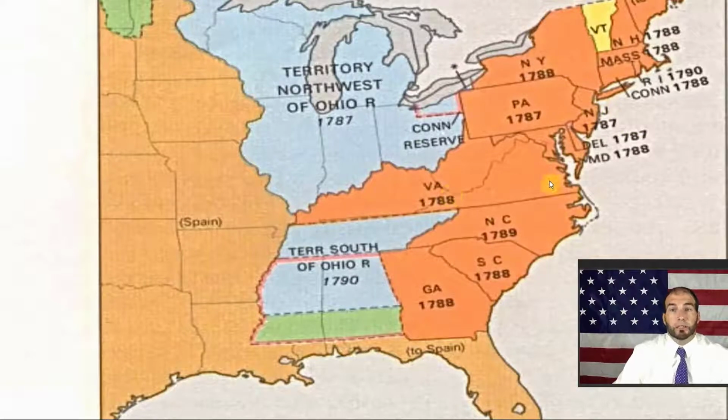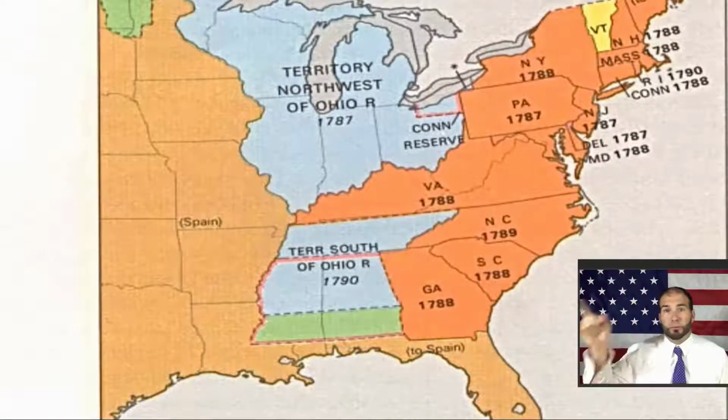So the New Jersey plan is the idea that all states are equal. Virginia plan is the idea that the bigger the state, the more representatives you can have. Their compromise on this is called the Great Compromise. There's like 5 compromises in the early part of U.S. history here. A lot of them register because the name of the compromise helps you remember it. This one's always hard to remember just because it's called the Great Compromise. There's nothing in the name that's going to trigger something, so you kind of have to memorize that.